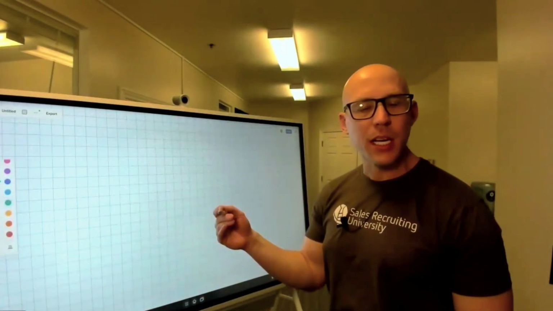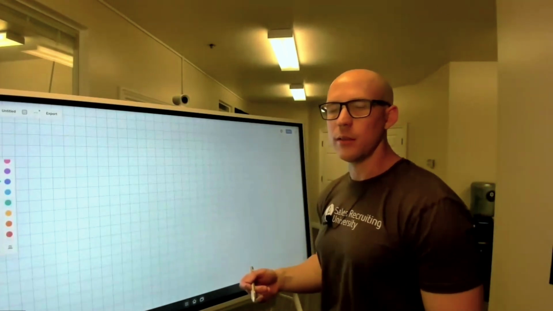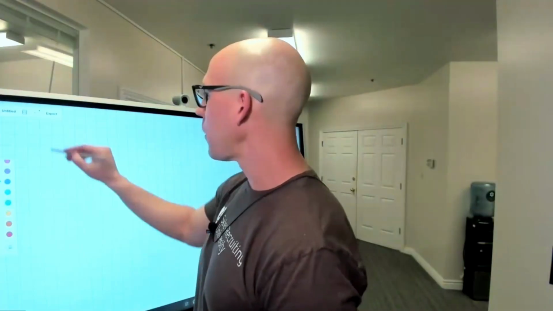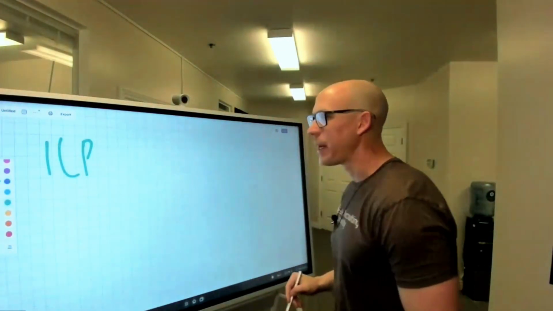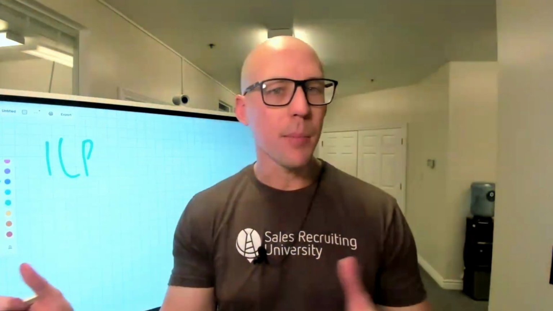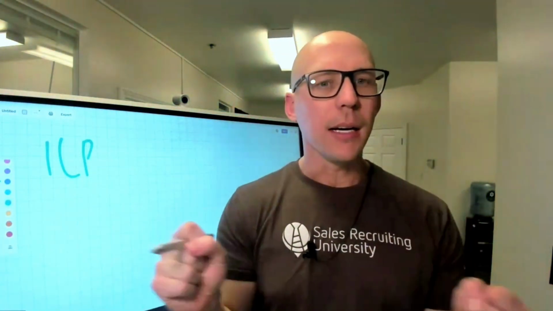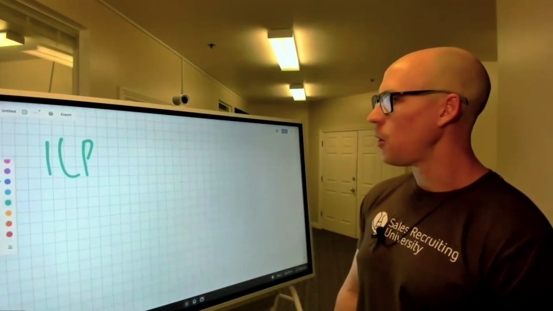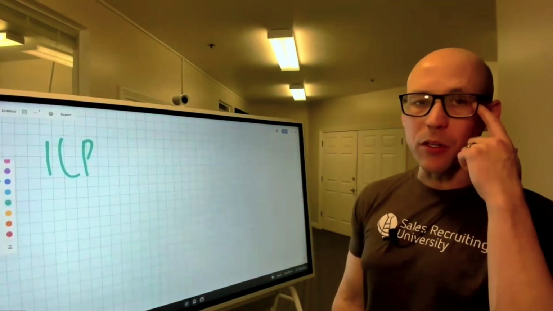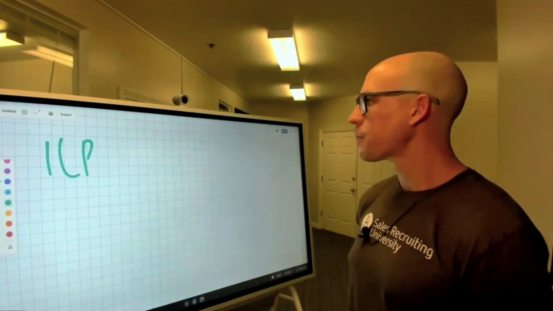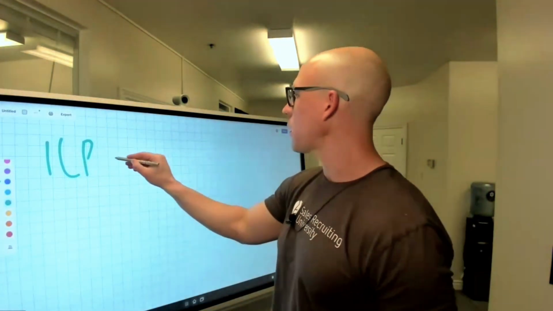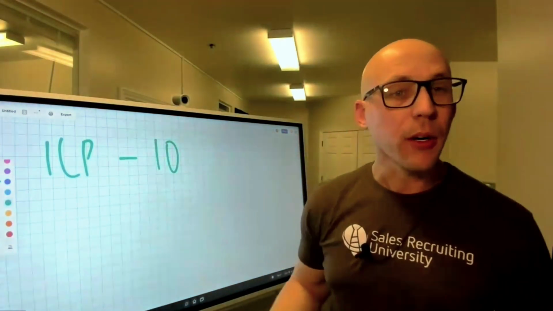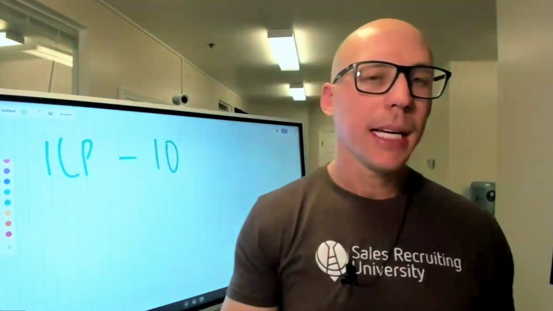So I'm going to go through some examples just to kind of paint a picture, and it'll be important for you to do this yourself as well. So ICP, ideal customer profile. This is who we sell to. I'm going to give you a couple examples. But let's take the business service company as an example, your ICP, who you sell to, and it goes more in depth than this. But let's say that you have a business service that you offer, and you come into our recruiting service pipeline, and you want to recruit a commission-based sales team, and I get an understanding of who you sell to,